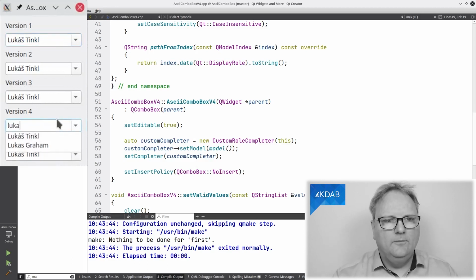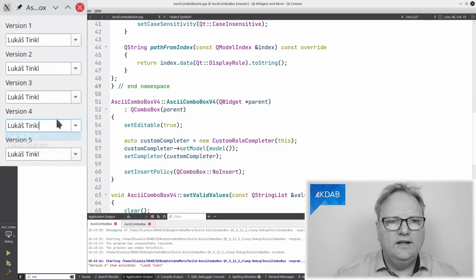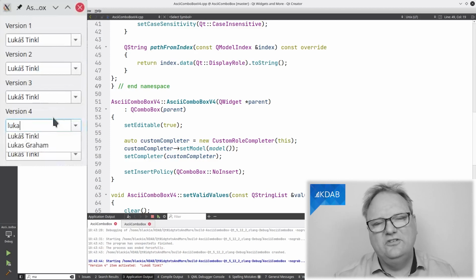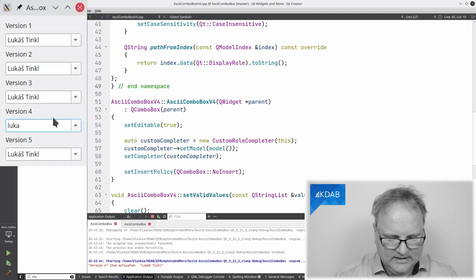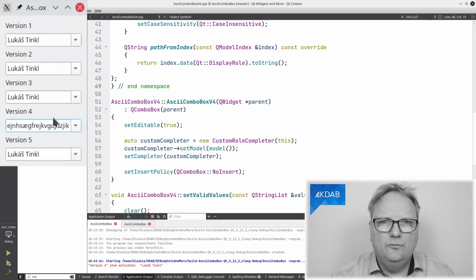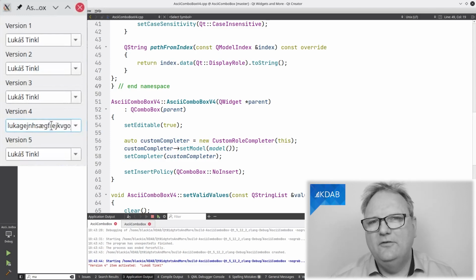Over here, if I type Luka, and yeah, that Lukasz, I can press arrow down and enter to specify that this is the one. You can see printing out here that he got activated, but I would just like to be able to press enter here. It made the list go away, but well, and even worse, I can type, I don't know, there we are. Which Luka is, I don't know. So that's step number 5 coming right up.